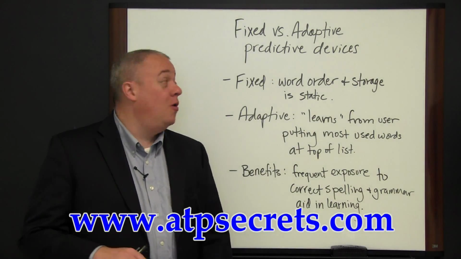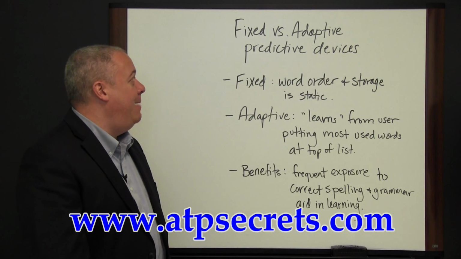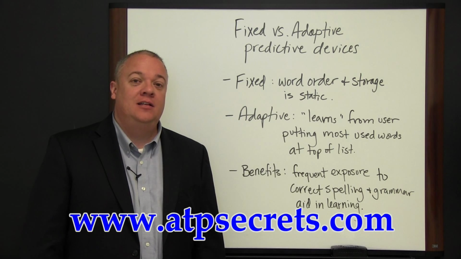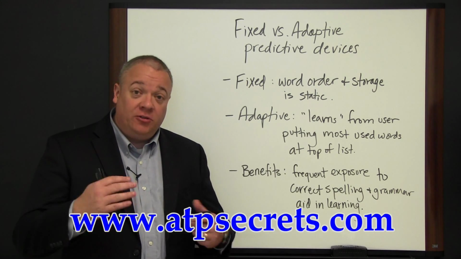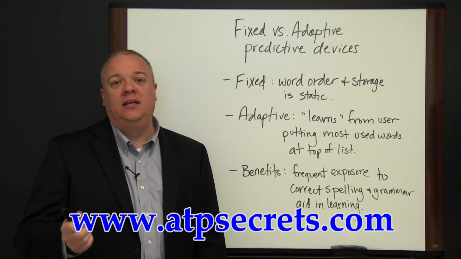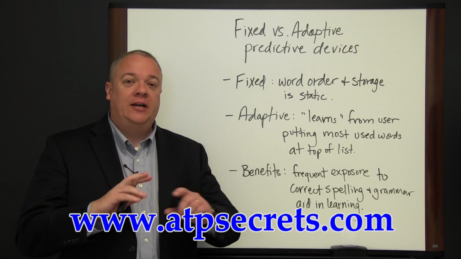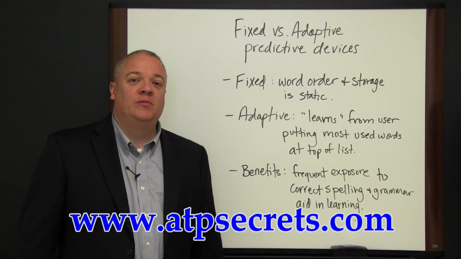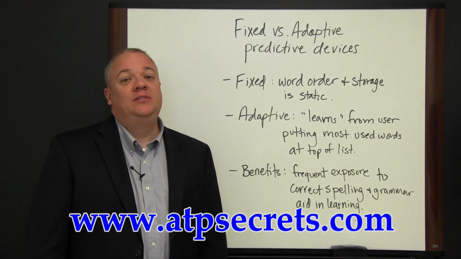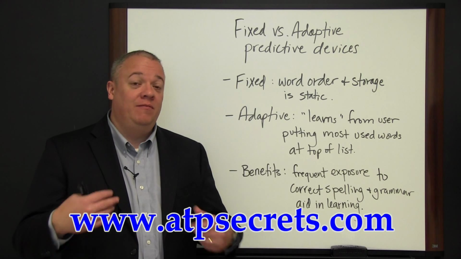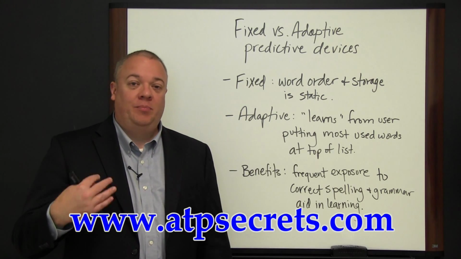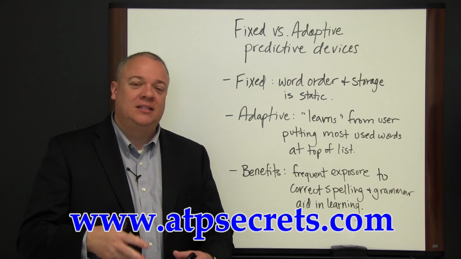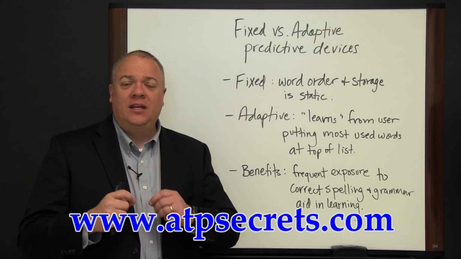In this video, we want to go over fixed versus adaptive predictive devices. We live in an amazing age with lots of technology to help people learn, especially those who have learning disabilities, dyslexia and things like this, where letters get mixed up in their order or word order gets messed up, and the various forms of learning disabilities. These types of devices, programs, things like that can be very beneficial to helping the person with the learning disability accomplish their goals, to learn more and not get bogged down in the nitty-gritty of the things that they struggle